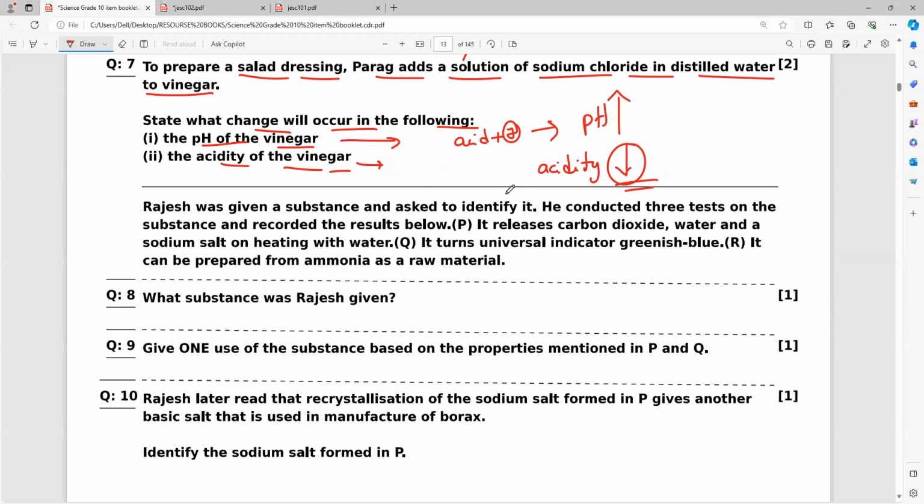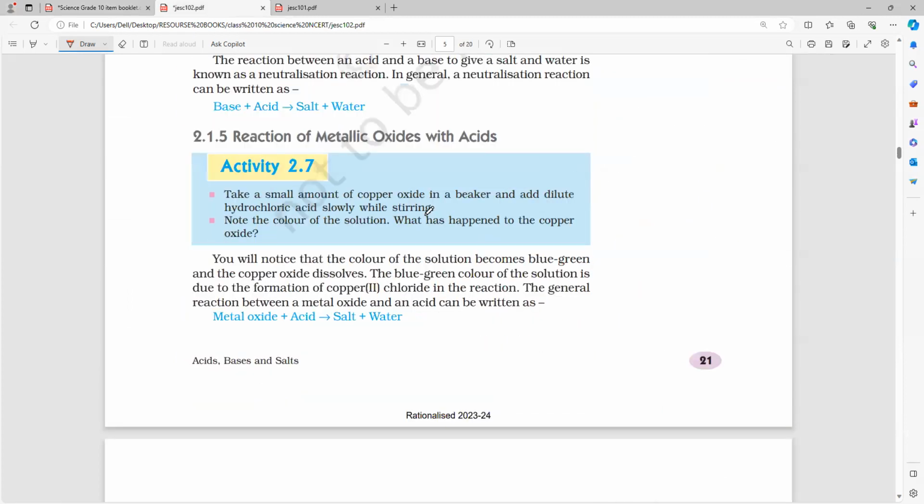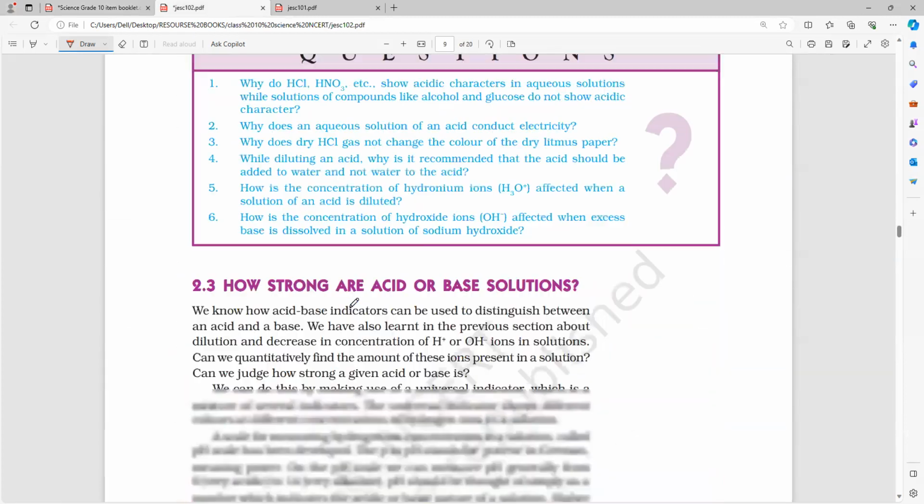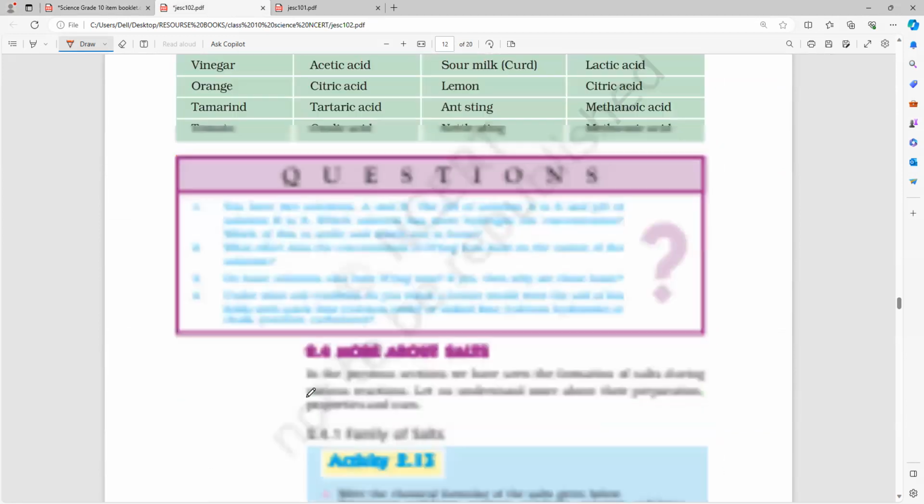Okay, that is what. Next, Rajesh was given a substance and asked to identify it. He conducted three tests on the substance and recorded the results below. So question P: it releases carbon dioxide, water, and a sodium salt on heating with water. It turns universal indicator greenish blue. It can be prepared from ammonia as a raw material. Ammonia as a raw material, by this time we all can understand. So it is a what? Ammonia as a raw material, we have only one. What is that, everyone? Yes, sodium hydrogen